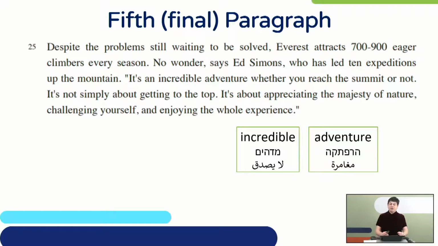In the fifth and final paragraph, we have more of these discourse markers. Despite the problems still waiting to be solved, Everest attracts 700 to 900 eager climbers every season. Despite the problems, despite shows us contrast. So there are problems, but even though there are problems, people still want to come. 700 to 900 eager climbers, not just any kind of climbers, but the ones that are excited and want to